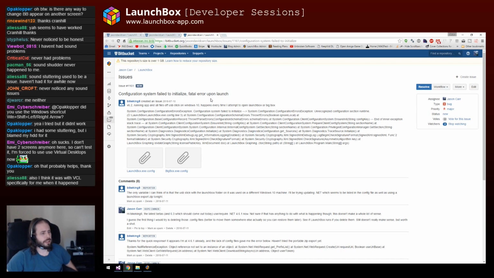Configuration system failed to initialize. Fatal error upon launch. We're getting to some pretty old tickets now. It's less than a month old, but it's on 6.2. Running app and all files off the USB stick. Yeah, so he's running off a USB stick, which I certainly don't recommend. But